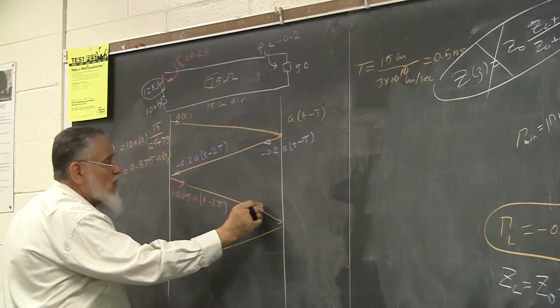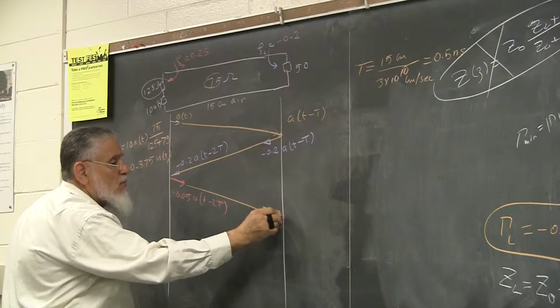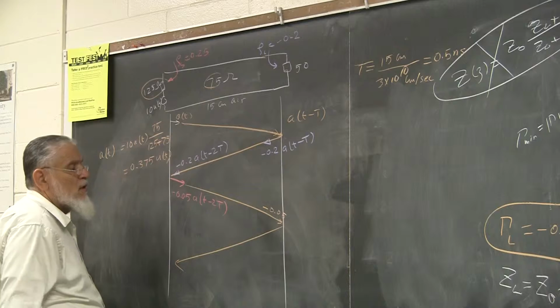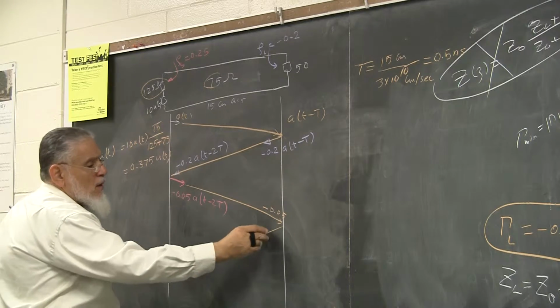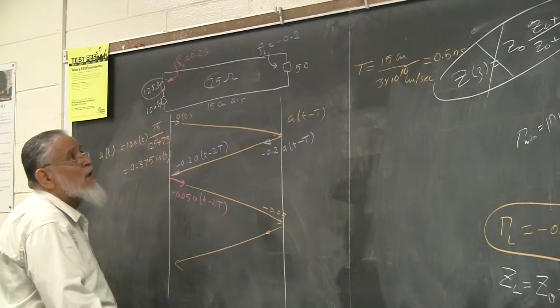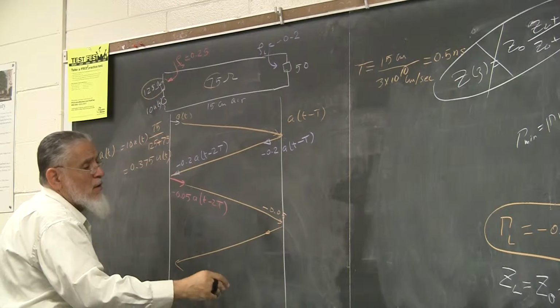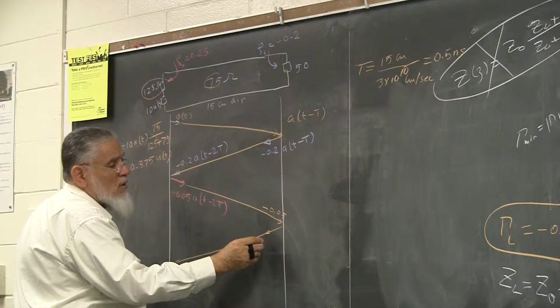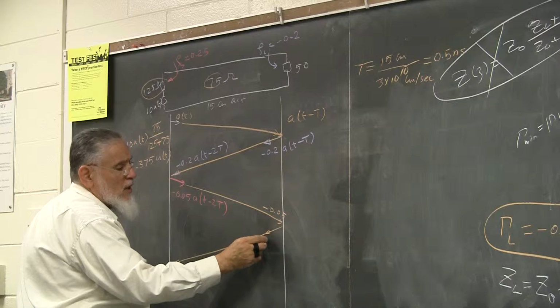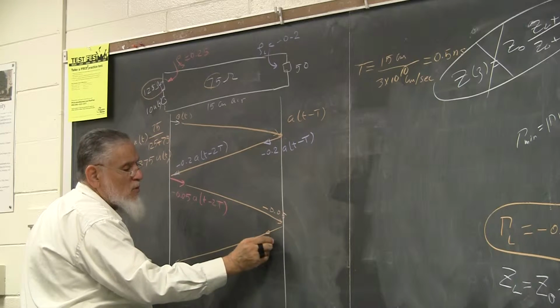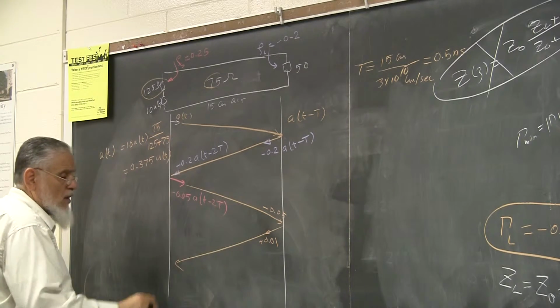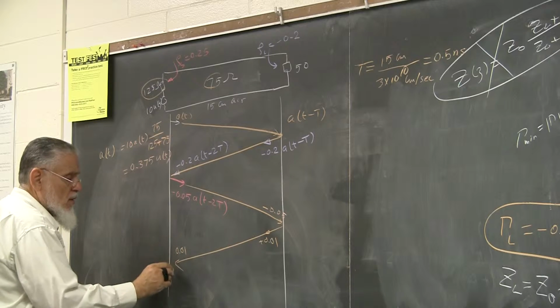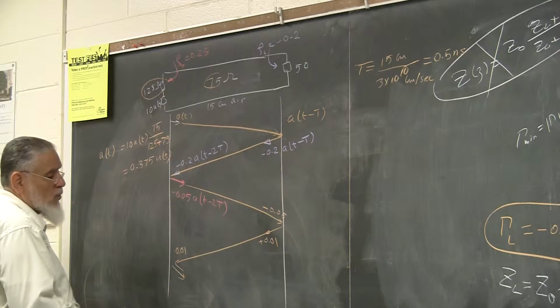0.05 becomes minus 0.05 here. I'm not going to carry the a and the t minus 2t. And this bounces off as 0.2 of that. That means 1/5 of that. So it's a plus 0.01. And that comes here as 0.01. And a quarter of that means